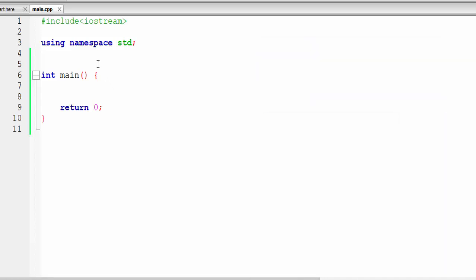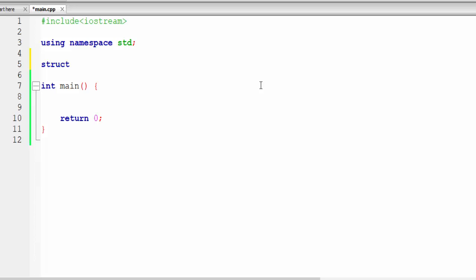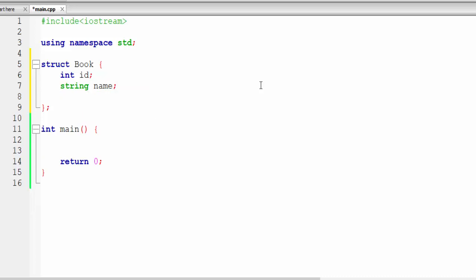So basically, to create the structure, we will say struct. This is the keyword to create the structure. Let's say we want to create a structure and we'll name this book. After that, we need to open the curly braces, and here we will declare some variables. In a structure we can only declare variables. So let's say int id, and after that string name, the name of the book, and